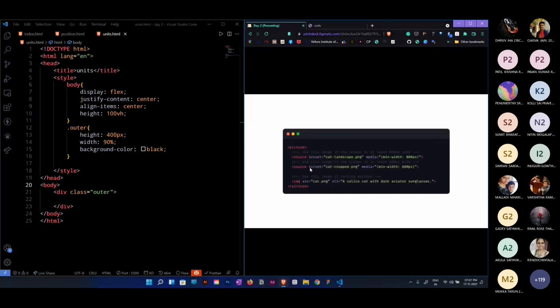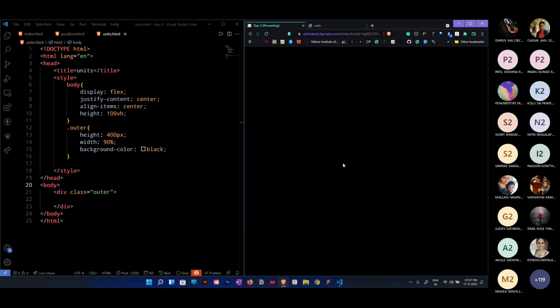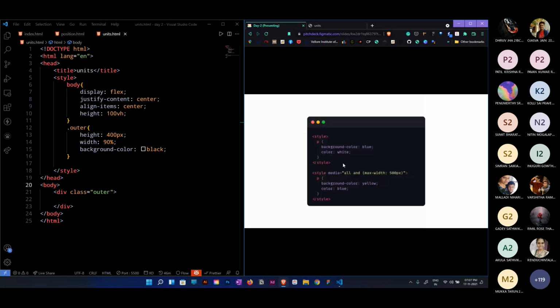Another way is, let's say we have a website and we have an image. We can also change the image in the mobile version. Let's say in the mobile, I don't want to see this image because it is so big. I want to display some other image. We can use media queries in that way. Let's say on the website we are using a long, high-resolution image, and on mobile you don't want that displayed. You can decrease the size and use some shorter image and all those things. These are different usages I'm showing for the same thing.